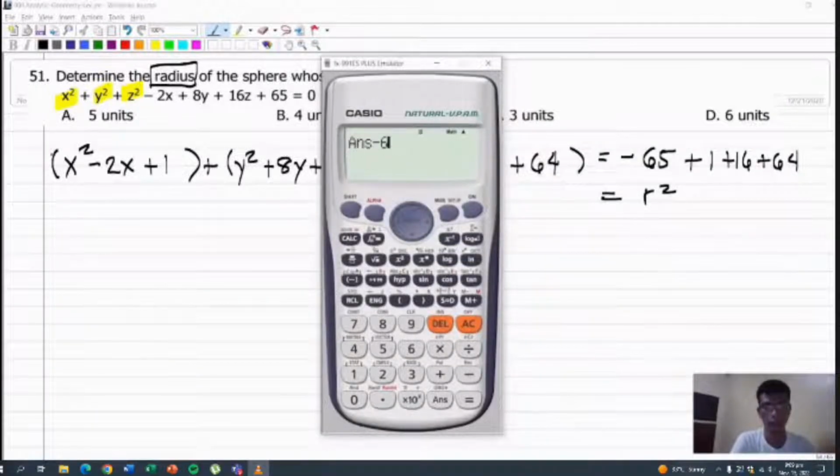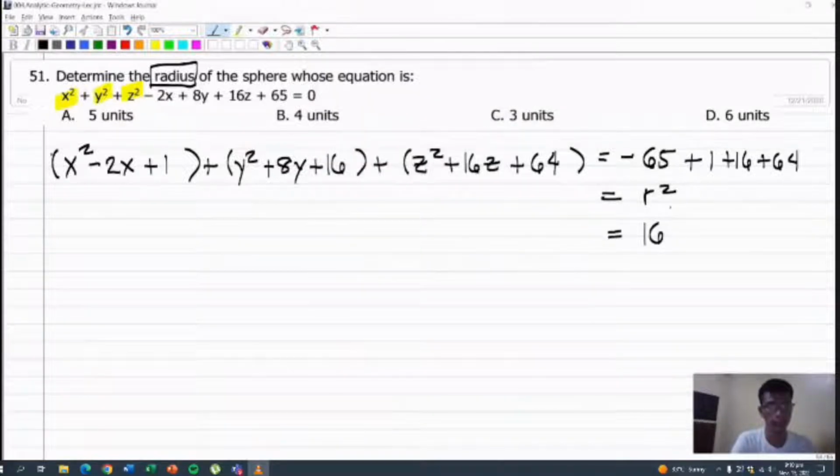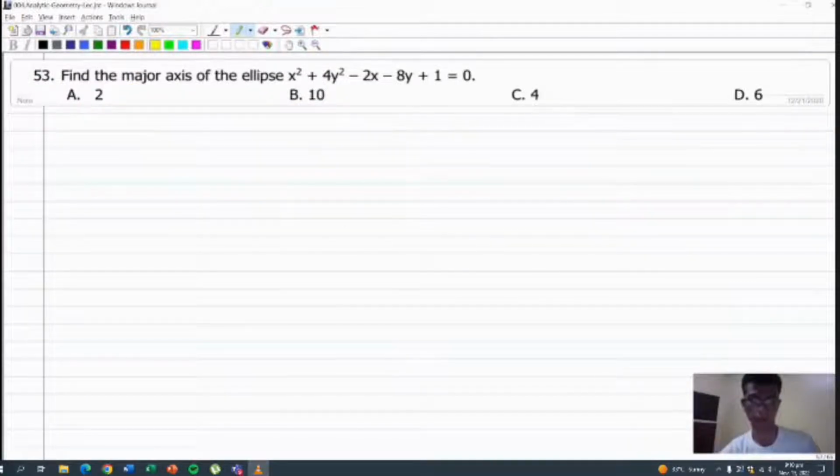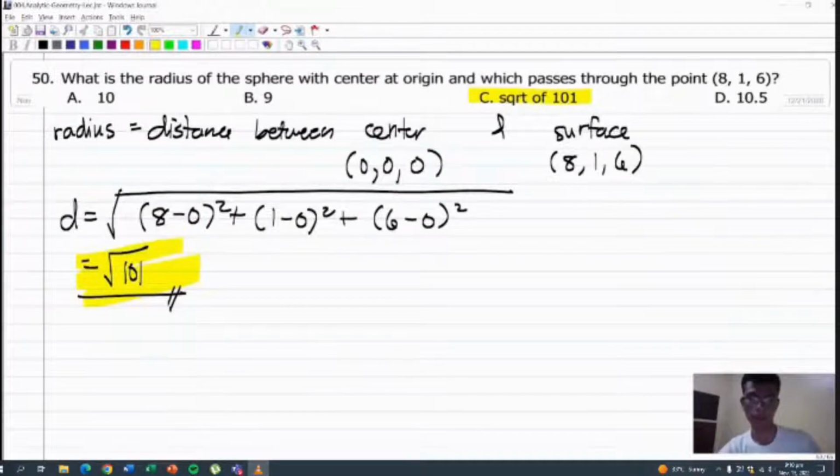So, negative 65, positive 1, positive 16, positive 64. So, the answer is 16. And 16 is equal to r square. Therefore, the value of r is 4 units. So, letter B. So, let us proceed